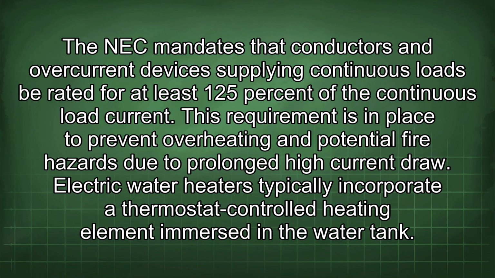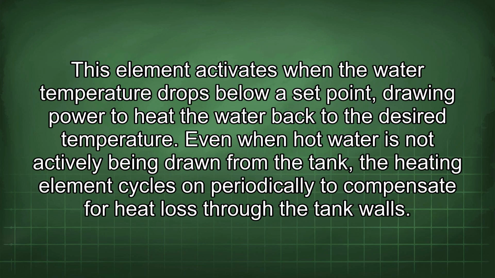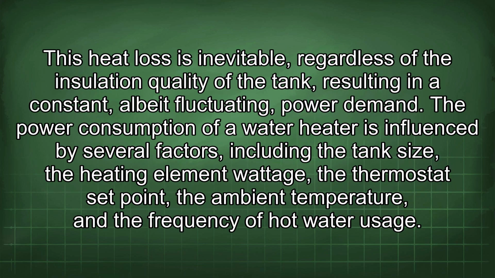Electric water heaters typically incorporate a thermostat-controlled heating element immersed in the water tank. This element activates when the water temperature drops below a set point, drawing power to heat the water back to the desired temperature. Even when hot water is not actively being drawn from the tank, the heating element cycles on periodically to compensate for heat loss through the tank walls. This heat loss is inevitable, regardless of the insulation quality of the tank, resulting in a constant, albeit fluctuating, power